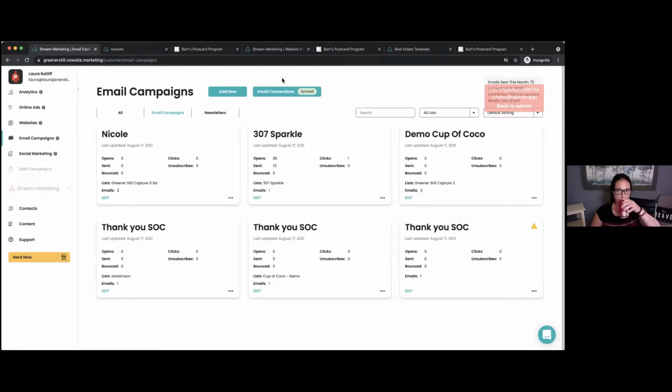You know, this looks like really an incredible system. I love the social marketing and all that aspect. But you know what? I don't want to learn how to do all this stuff. So when I sign up as a brand new customer, do I have to figure all this stuff out myself? No. So when you sign up as a brand new customer, you're actually booking a 60-minute call